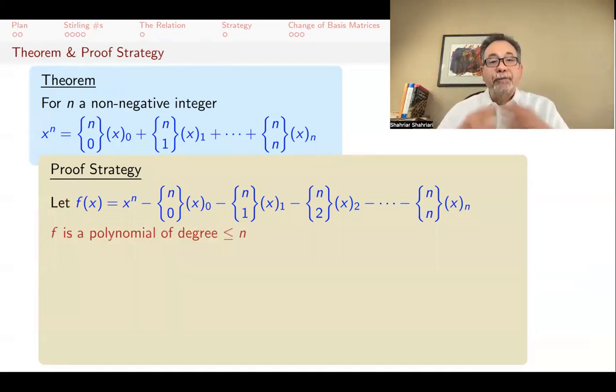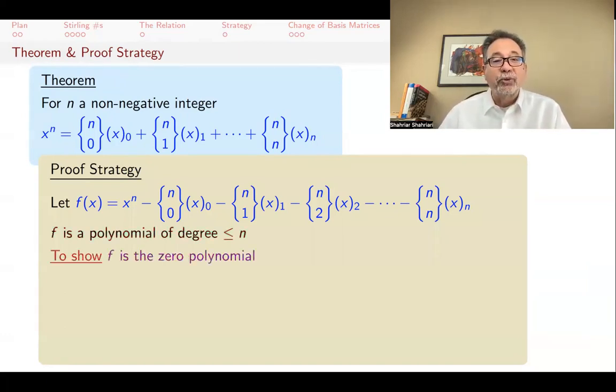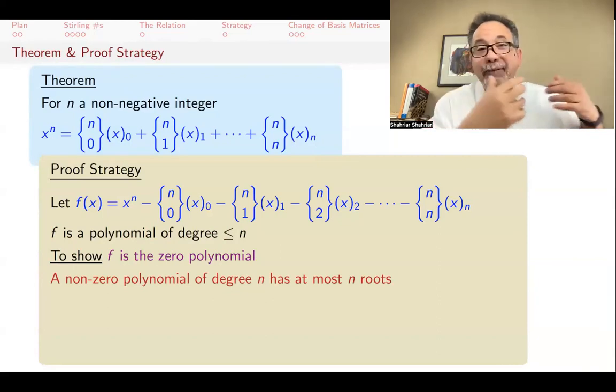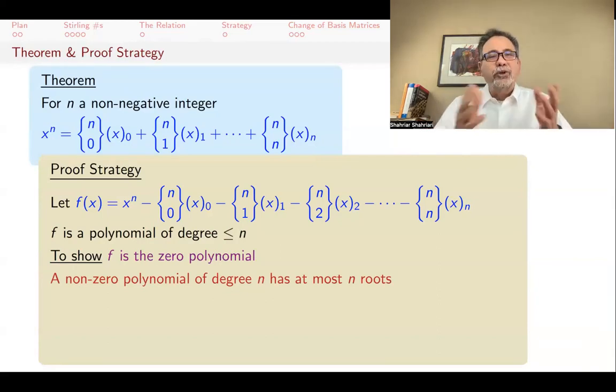But a priori, before proving that, all I know is that it's some polynomial, and it looks like it's of degree less than or equal to n. It's actually probably degree less than that, but some polynomial of degree less than or equal to n. And what I want to show is that it's the zero polynomial. How am I going to do that? Well, I will pull out a fact from abstract algebra, which you need to watch my abstract algebra videos if you want a proof of it,